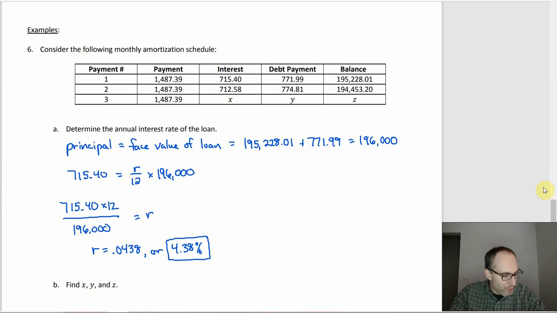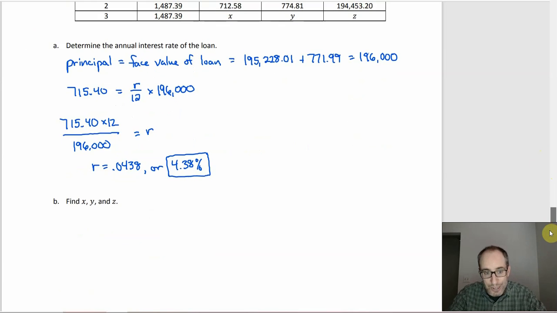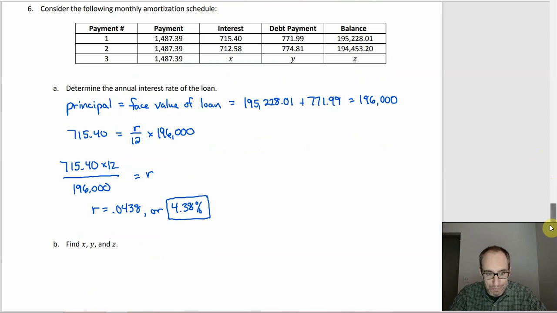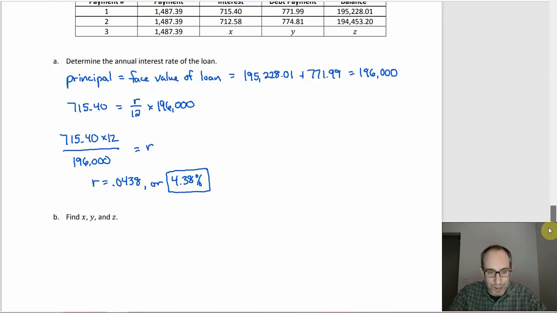Okay, well, that's helpful because we're going to need that in order to get X. Because then we have to get X, Y, and Z, and we're going to need the annual rate to get